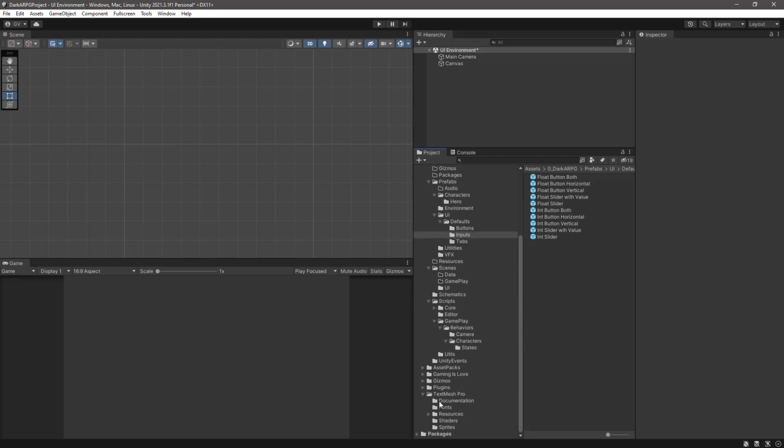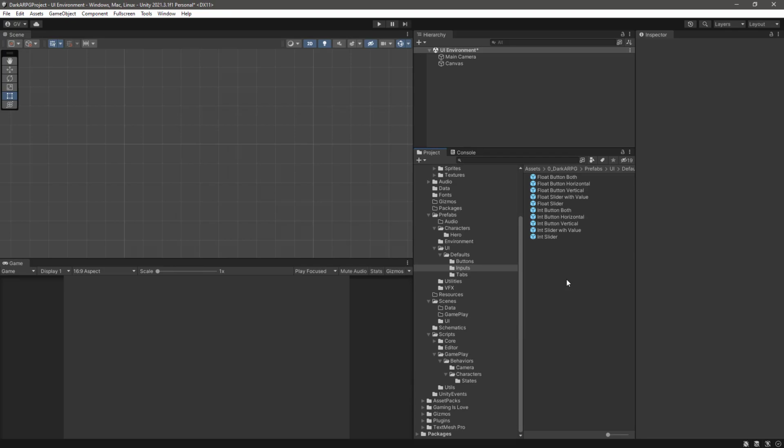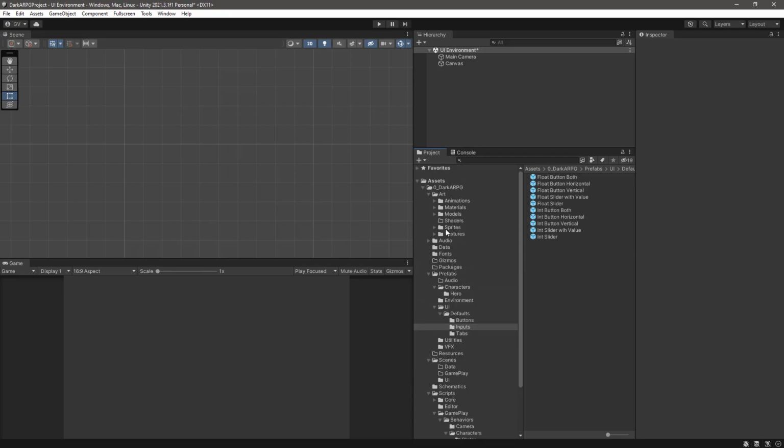So for that, I'm going to import an atlas that I have created in Texture Packer. So this is just a set of console icons,